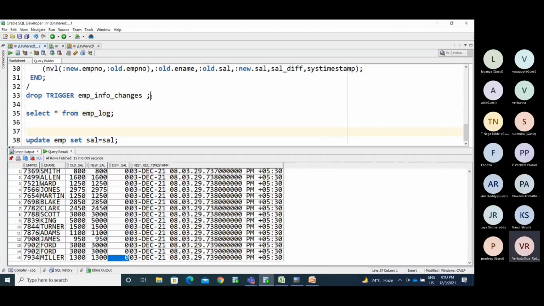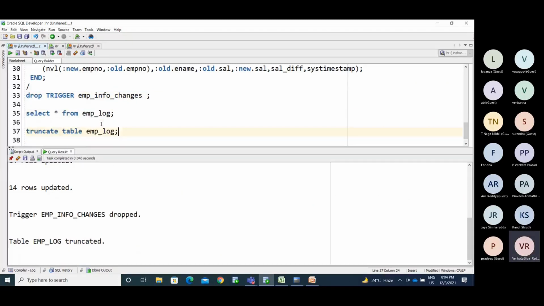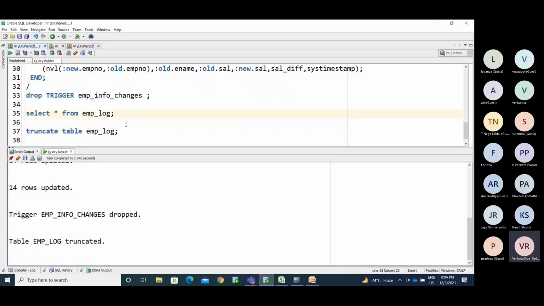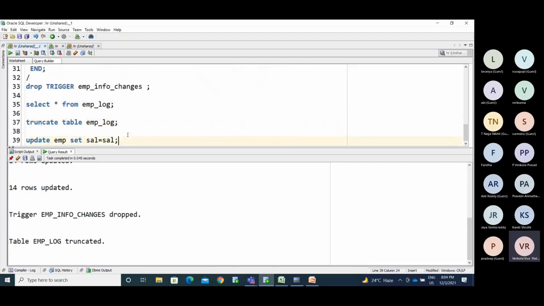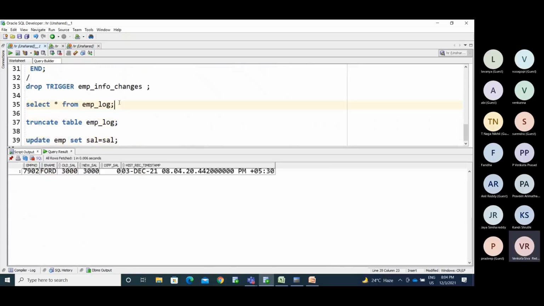I need to drop this trigger, and I need to truncate this as well, because as we have two triggers, it is storing the information using both. Now I'm updating that. The table is truncated. Check this. You will get only one record.